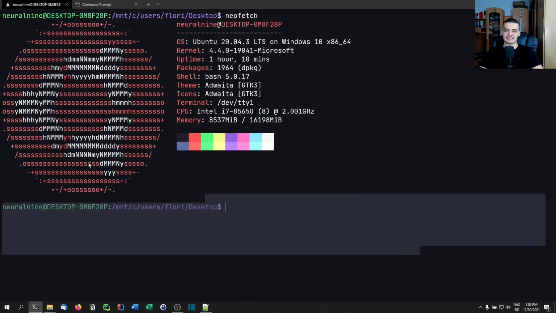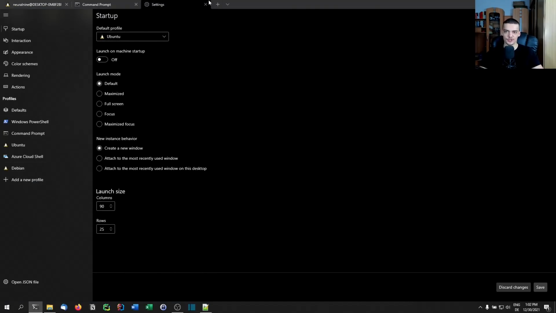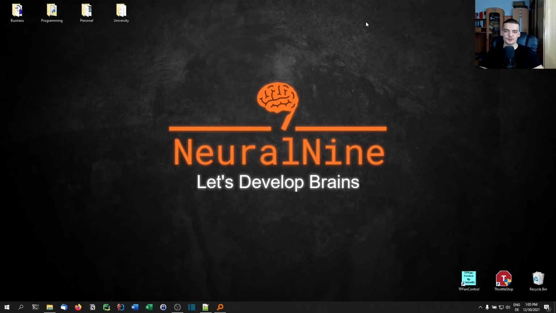But as you can see, this is a nice theme that I have here, the Dracula theme. I can configure that in the settings here of the Windows terminal. So again, I'm not going to talk too much about this. Basically, I recommend all of you install the Windows subsystem for Linux in combination with the Windows terminal. If you want to have some more detailed explanations, you can check out my videos that I have already on these things. Same goes for the next tool, because I have already made a video about this one as well,